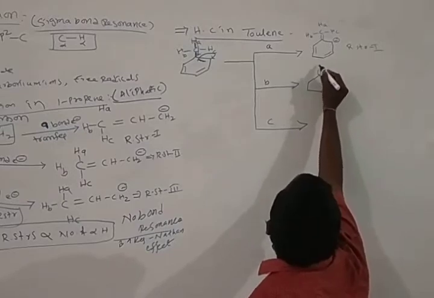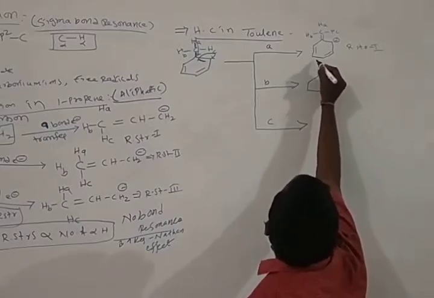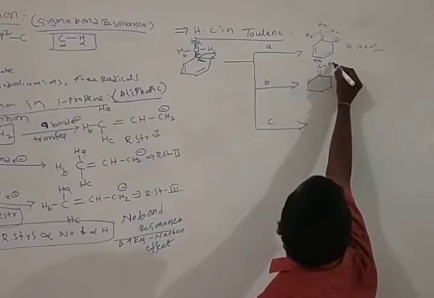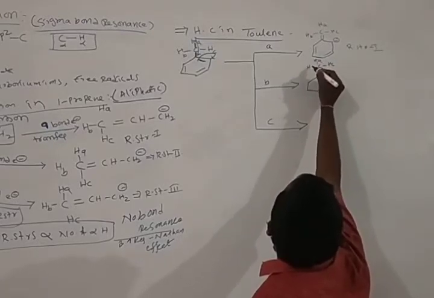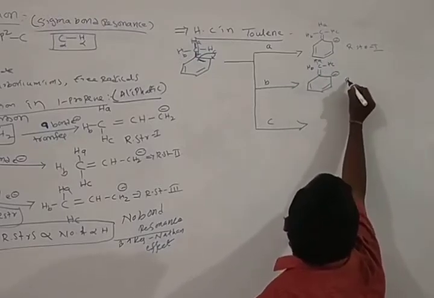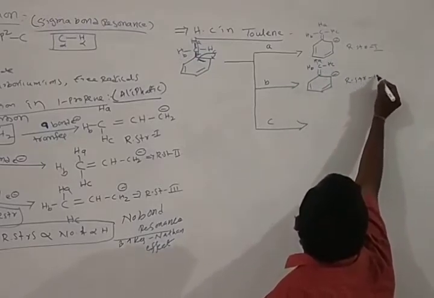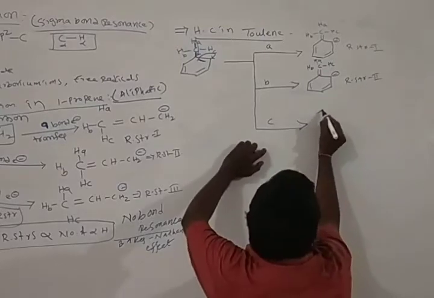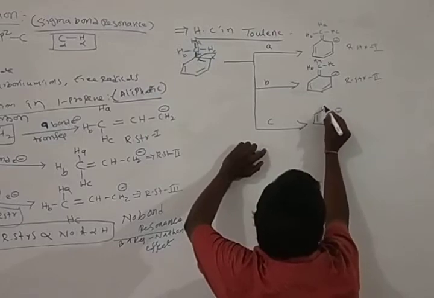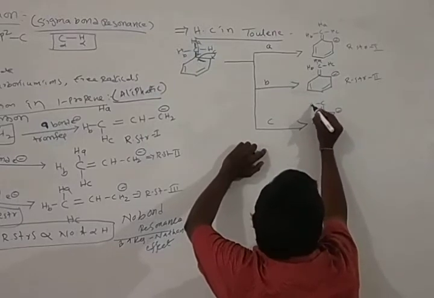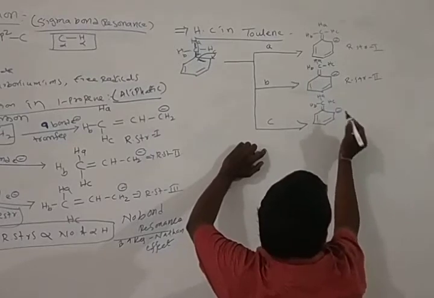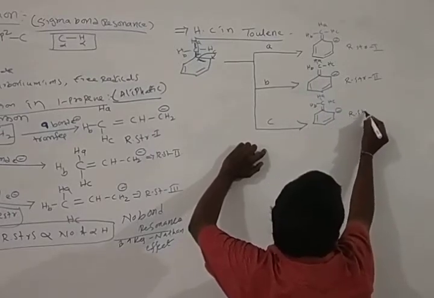Okay, double bond C, H, A, and here H, B, H, C, H, B, and here a negative charge. This is resonance structure 2. Here the C electron transfer, bond, negative charge as usual. Okay, here Hb, Ha, and Hc. There is no bond. This is resonance structure 3.